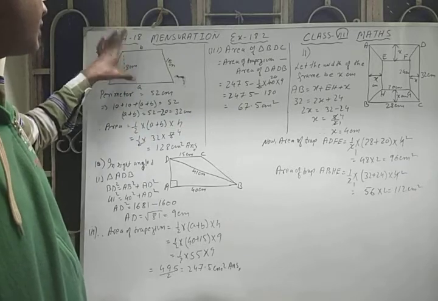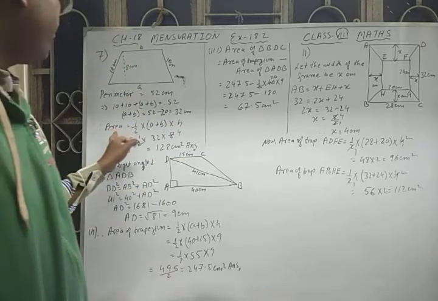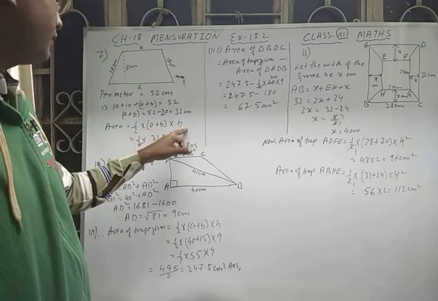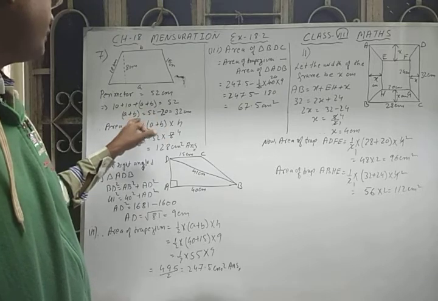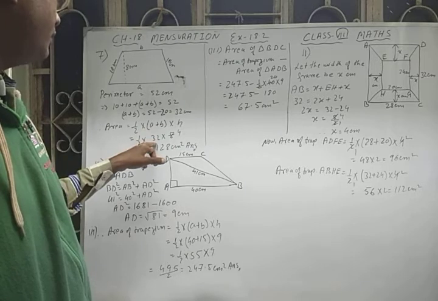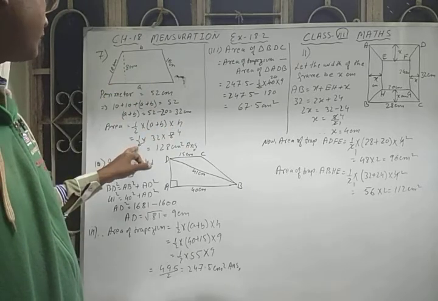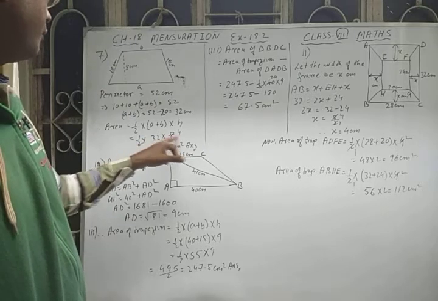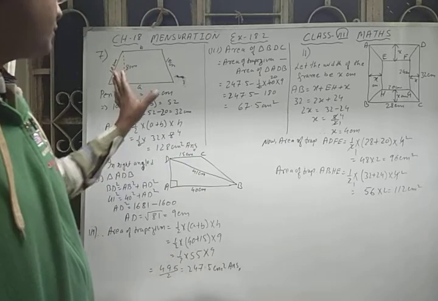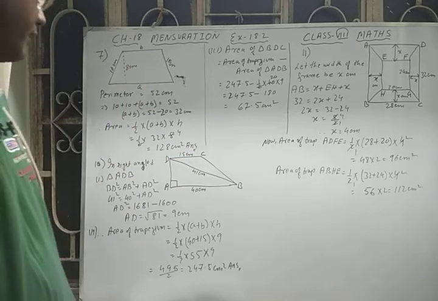Now you can put the sum of the parallel sides in the formula of area. So area of a trapezium equals half into sum of the parallel sides into height. The sum of the parallel sides, that is A plus B, we have already got as 32, so just directly substitute 32. And height is already given, that is 8 centimeter. Now 2 ones are 2, 2 fours are 8, so 4 into 32 is equal to 128 centimeter square. So in this way you can find the area of this trapezium.